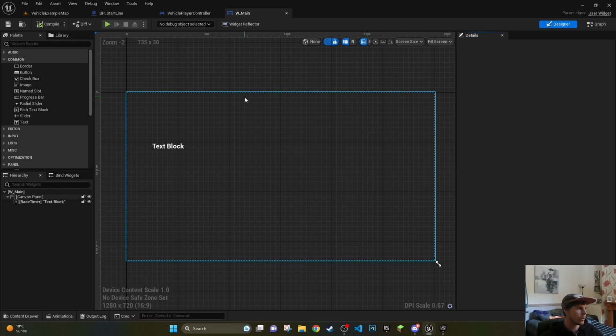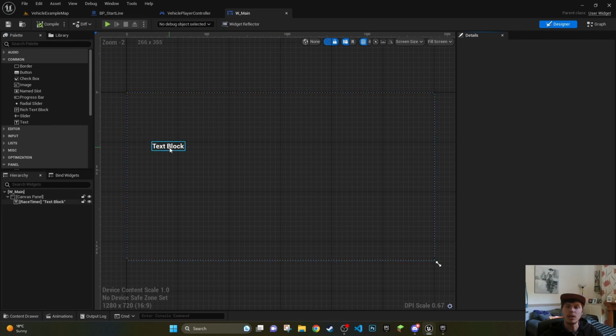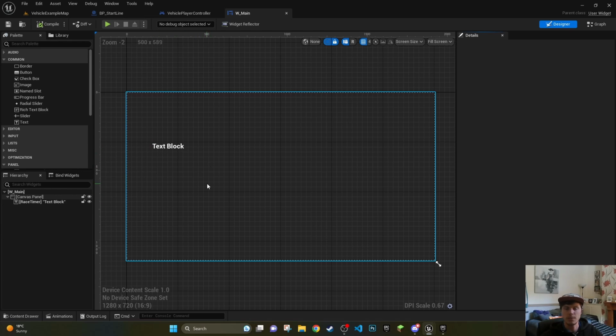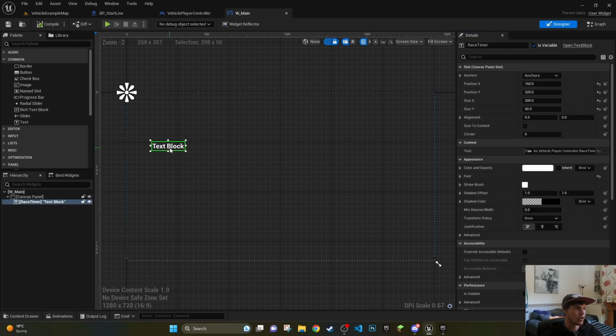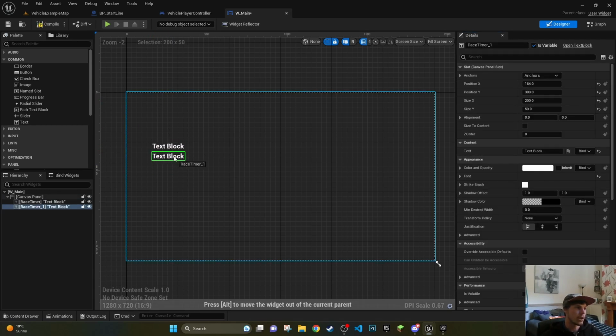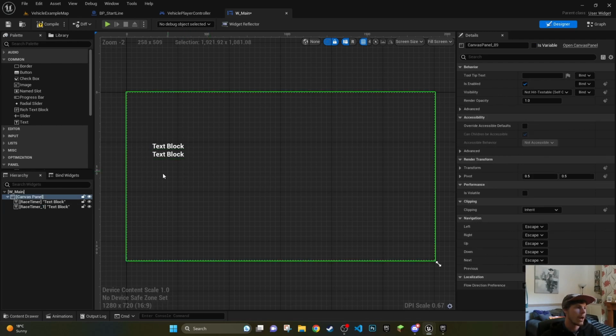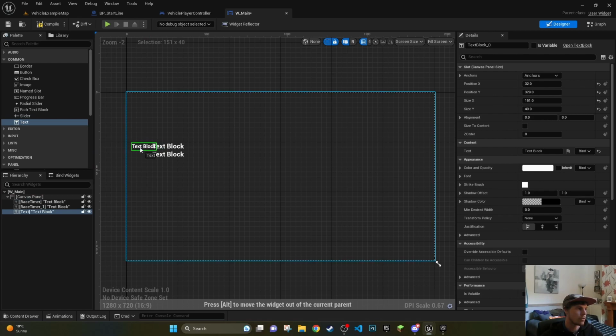So for our lap timer, we're going to need another text block on our UI, and seeing as the UI is the last place we left off on the previous one, this is where we'll start. I'm essentially just going to duplicate this text block, bring it down and pop it underneath. And I am going to add some extra text blocks just at the side now,